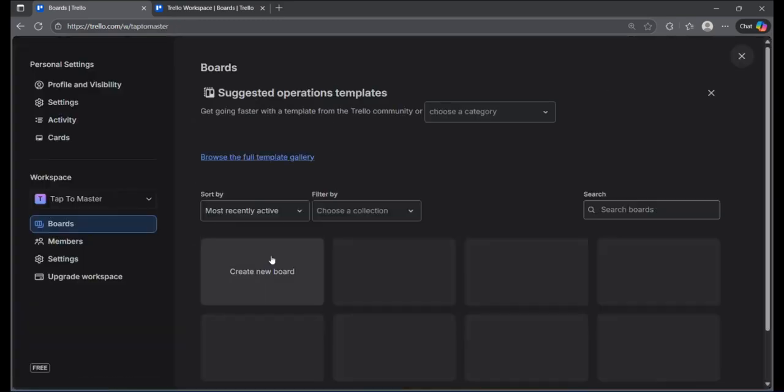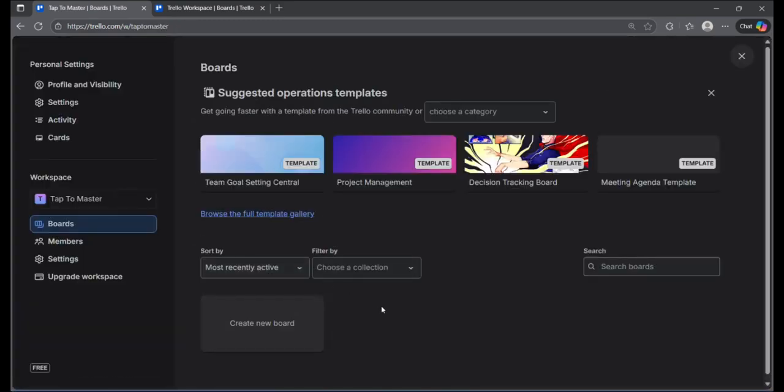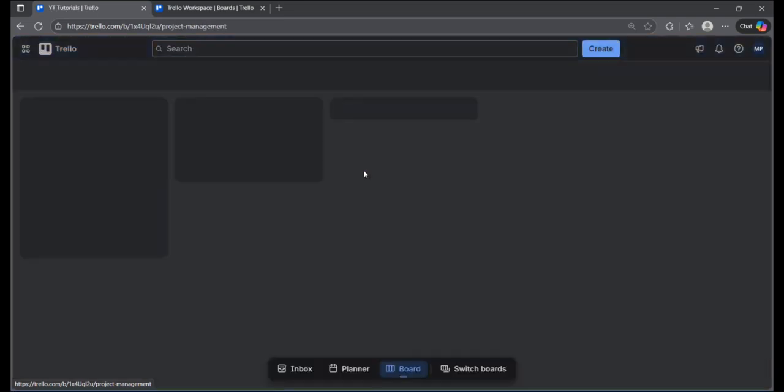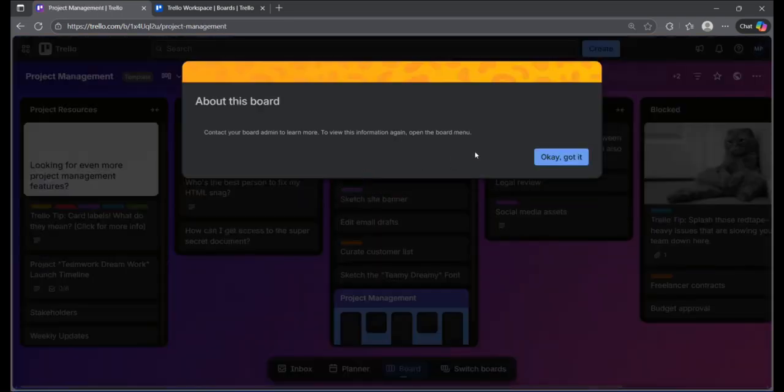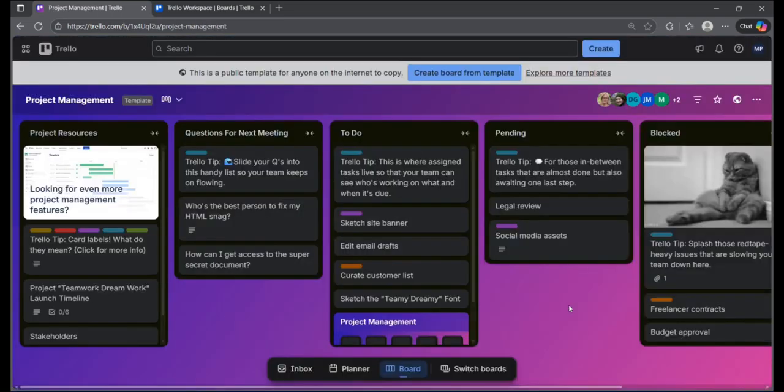So if Trello glitches and the button still doesn't show up, you can try refreshing, log out and log back in, or you can also open Trello in incognito mode. So I really hope one of these will work for you,